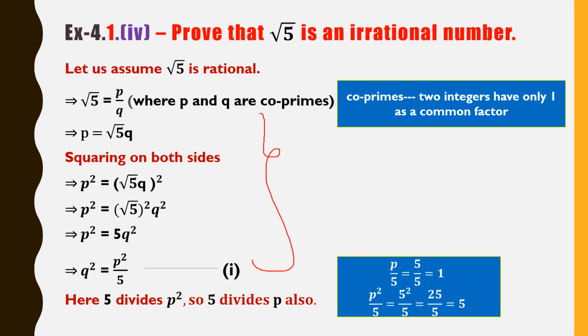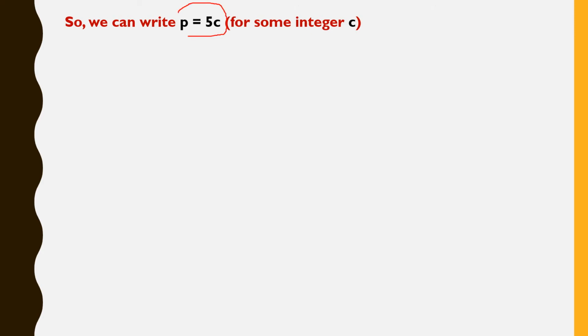Let us go to the continuation of this problem in the next slide. We finished that. We told that 5 is a factor for p. Now we should say that 5 is also a factor for q, right? So for that we'll go to the next slide. Here is your next step, p equal to 2c. For root 2, we took p equal to 2c because it should be divisible, so you should take the respective number. If the question is root 2, I take 2; if it is root 5, I should take 5c.